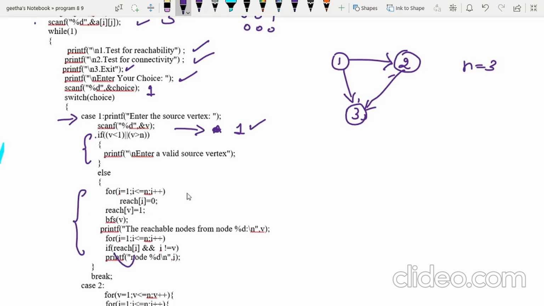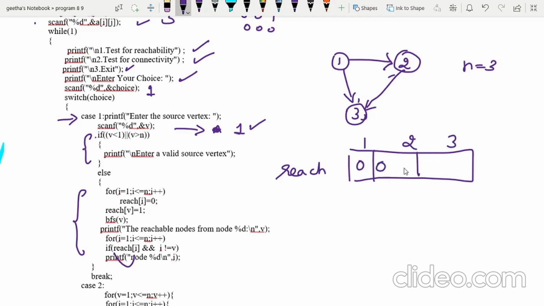Here initially I will create a one-dimensional array called reach for each of the nodes 1, 2, 3, and initialize it to 0. Next, since I am going to find the reachable nodes from the source vertex, that is 1, I make this initially 1. That means it is visited.